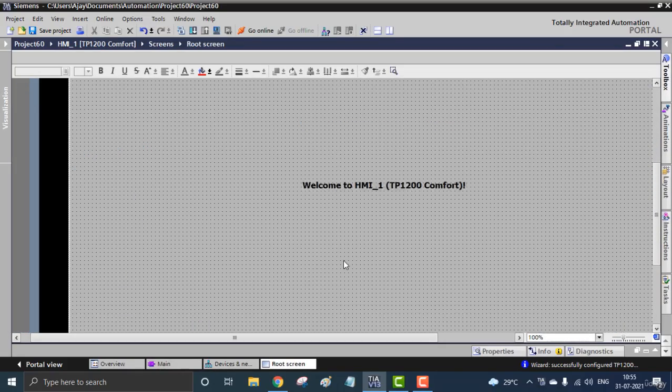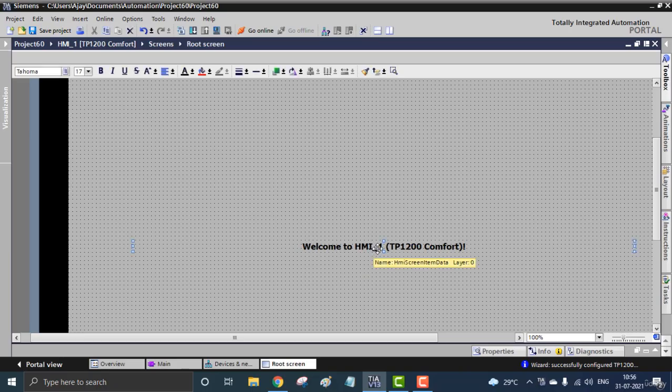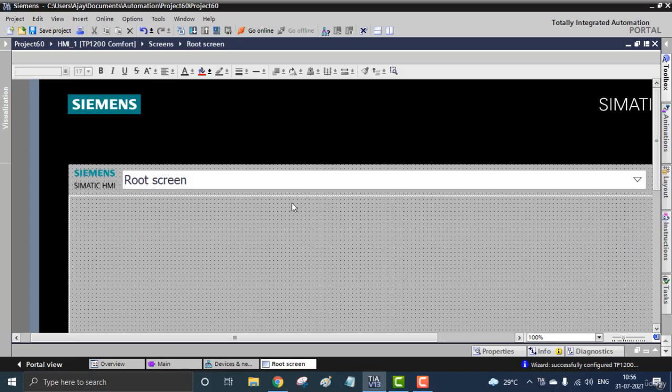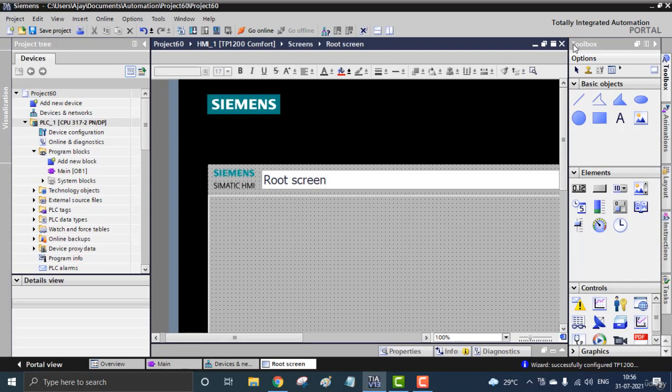Okay, so here I'm going to add my first thing, that will be the visual digital tag or switch and the output. That means the on and off output. This is the basics for the HMI or the SCADA: one switch and one light. So here you can see the switches on the elements on the toolbox right here. Inside the toolbox you can see elements. Inside the elements you have to drag and drop the switch from here. Drag and drop.